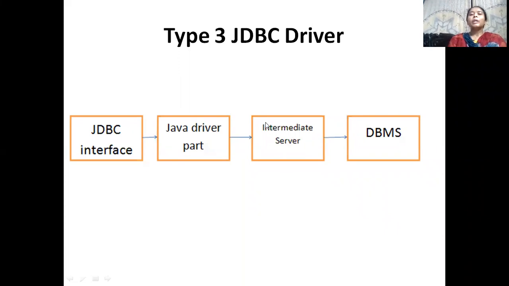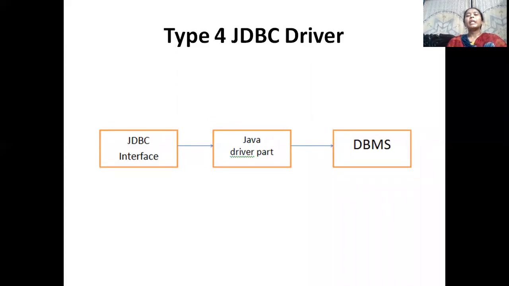Coming to the type 4 JDBC driver, it explains how it works. This type 4 database protocol driver can also be called the type 4 JDBC driver, and this driver is similar to the type 3 JDBC driver, except SQL queries are translated directly into the format required by the DBMS. The SQL queries do not need to be converted to JDBC formatted statements, and this is the fastest way to communicate the SQL queries to the DBMS.